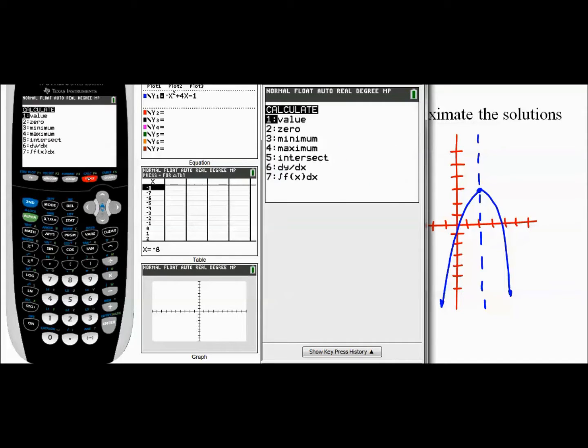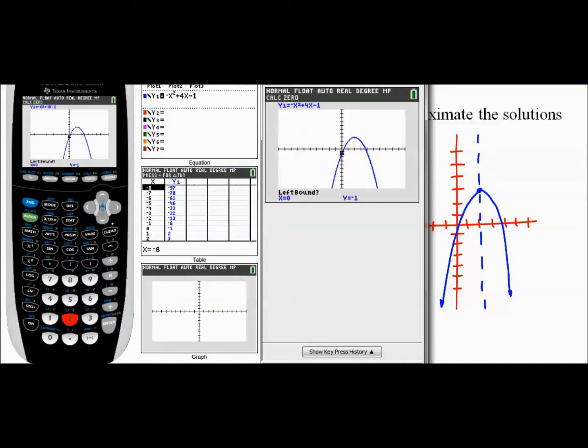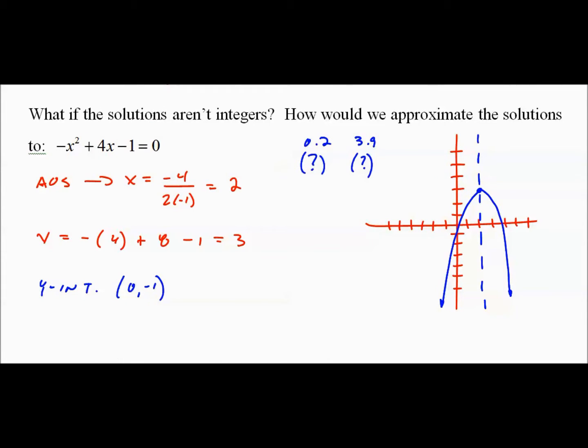Second, calc 2. Enter. Go up past it. Enter. Gives me a couple lines. Guess at it. Negative 0.27. And we were pretty close. So I'll cross it out. Negative 0.27, and